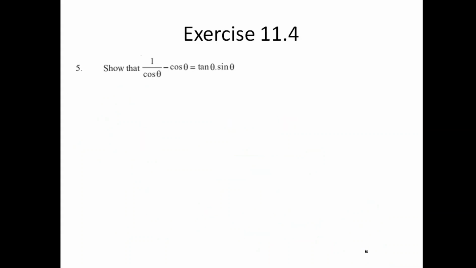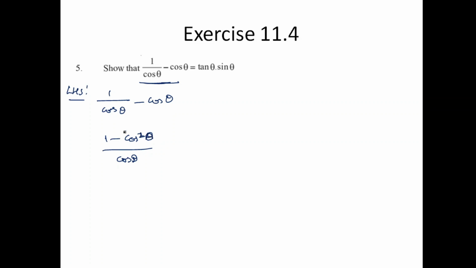So let us look at the next sum over here. I am just taking the LHS again in this sum also. So considering the LHS, this is your LHS, isn't it? Now I'm just shifting the denominator, making it equal. So cos square A by cos theta. Okay, this is your theta, right? Yeah, theta.